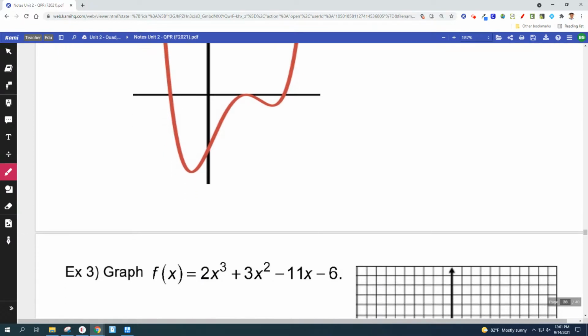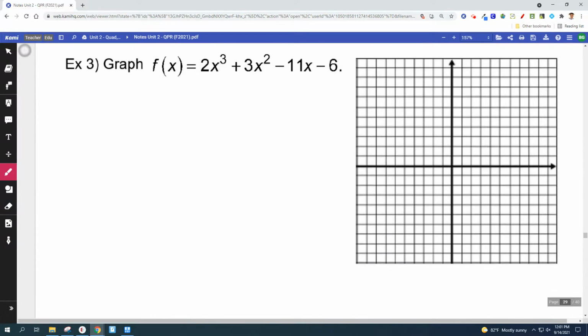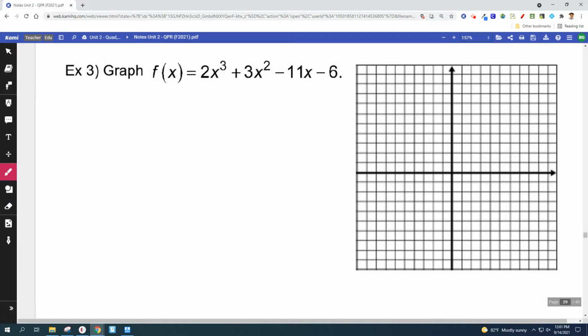So that graph doesn't really do anything. It's just an example of a polynomial. That's something like what we might graph. All right, so of course you could just type that on Desmos, but we're trying to learn how to do this by hand. If you go back to the steps, step 1 said find the zeros. So step 1,